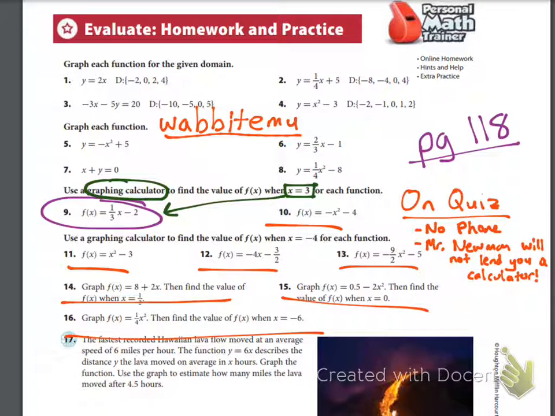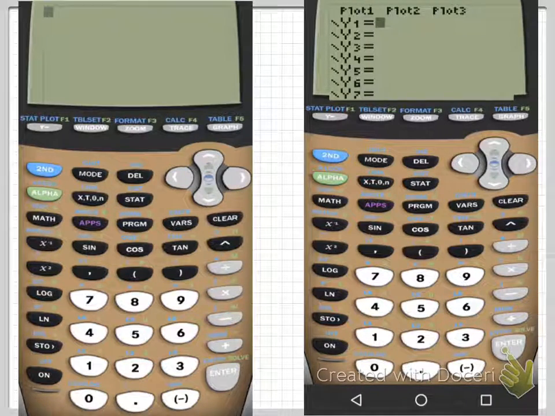All right, so we're going to plug x equals 3 into that. Again, if you don't have a graphing calculator, you could plug 3 into that function and figure out what it's equal to. However, it takes a lot more time, and you are definitely at a big disadvantage if you do not have a graphing calculator. So, on your graphing calculator, you turn it on with the on button, and